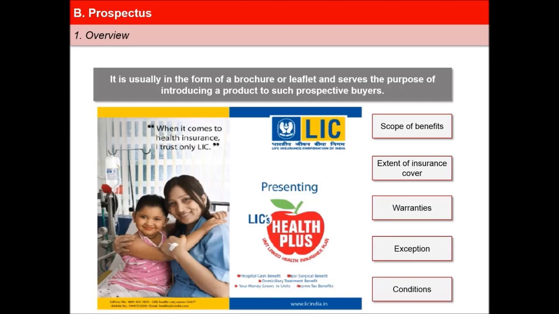The allowable riders on the product should also be clearly stated with regard to their scope of benefits. Also, the premium related to all the riders put together should not exceed 30% of the premium of the main product. Other important information which a prospectus should disclose include any differences in covers and premium for different age groups or for different entry ages,